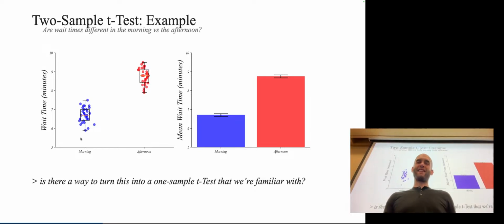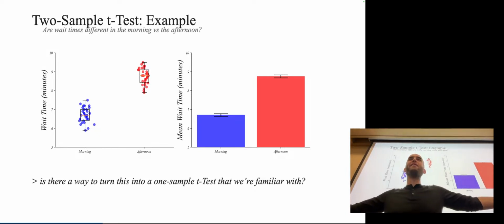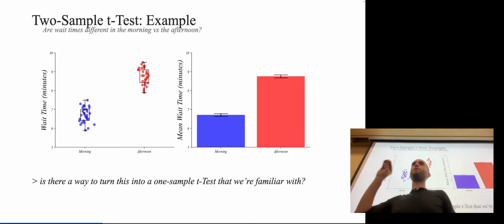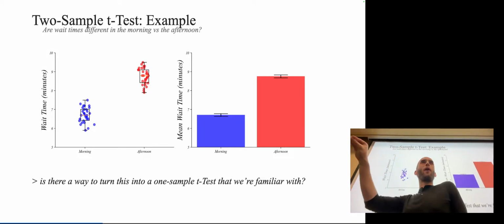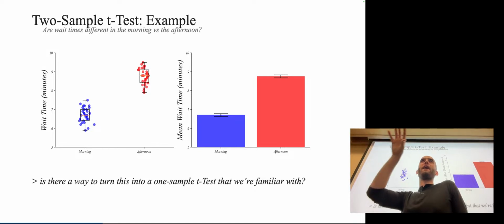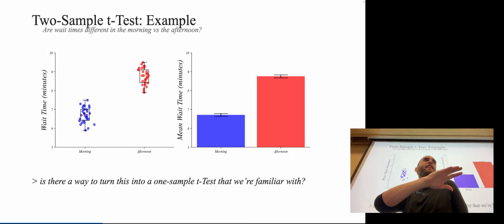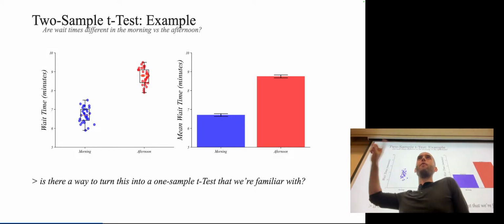Okay, and so we asked, how do we turn this thing into a test that we're familiar with? Which is like, if you encounter a new problem in your life, try to take the new problem and make it look like a problem you're familiar with solving. This is like how we solve new problems. We take new problems, we make them look like old problems. And so what we can do here is take our new problem,